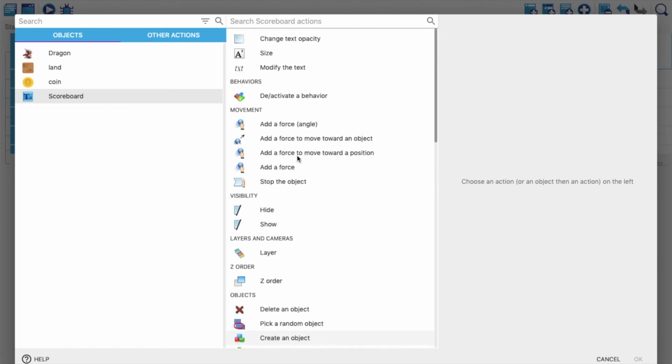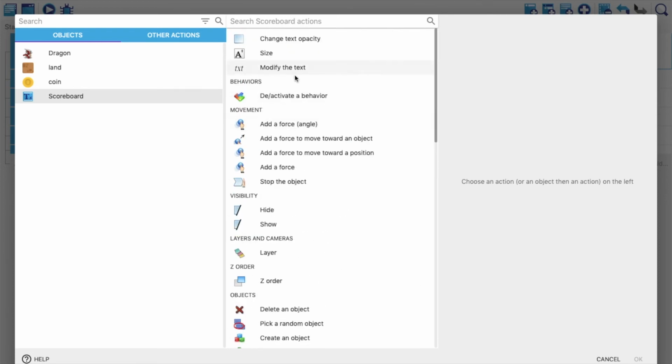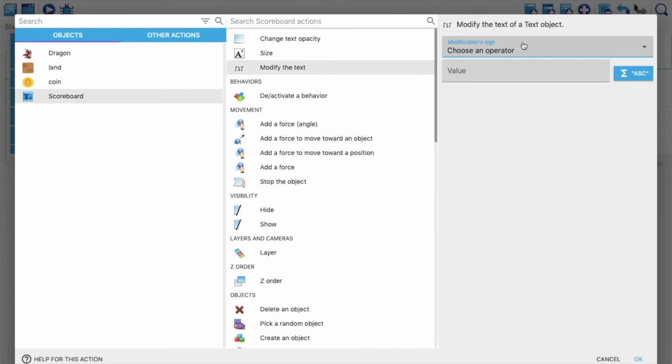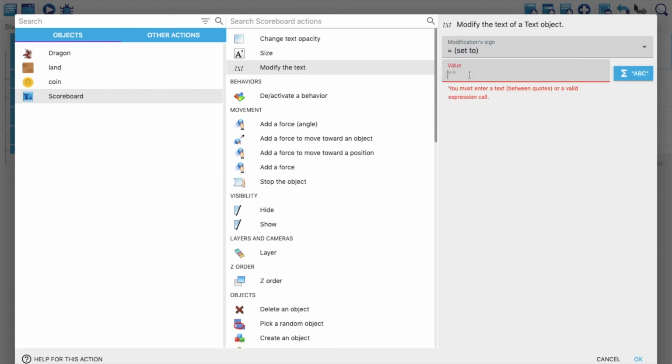If you are doing all this for the first time, if you're a beginner, then you will take some time to get used to these statements. So if you see here, it says modify the text. Now, when we are modifying the text, what are we doing? We are just setting that text to something, right? So equal to. Equal to what? Equal to the value of the score.